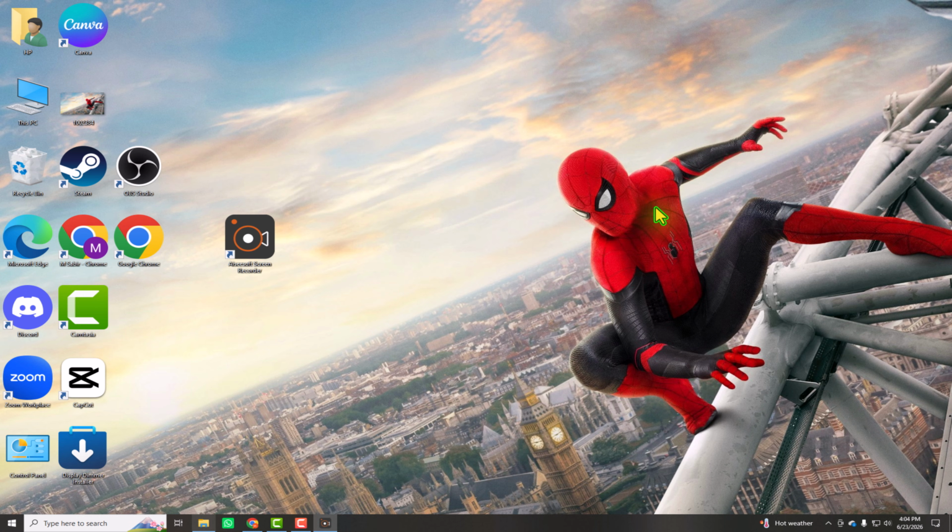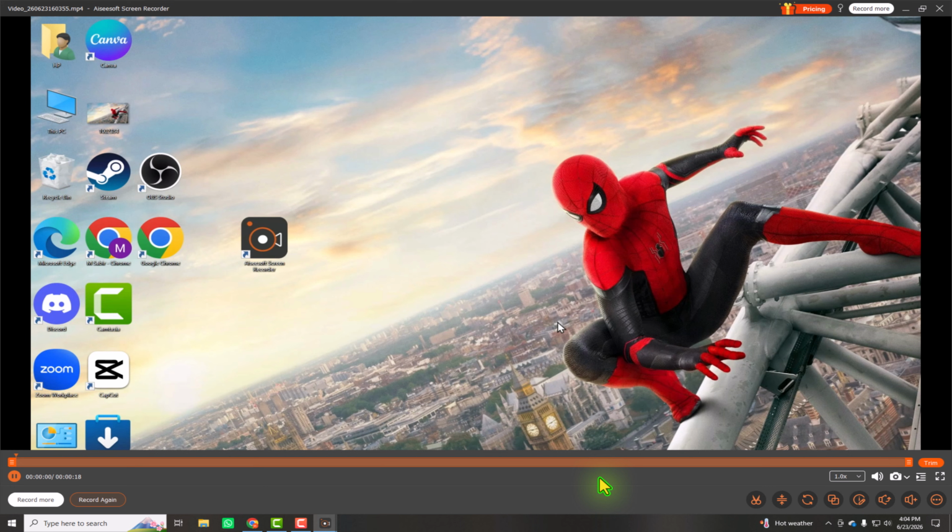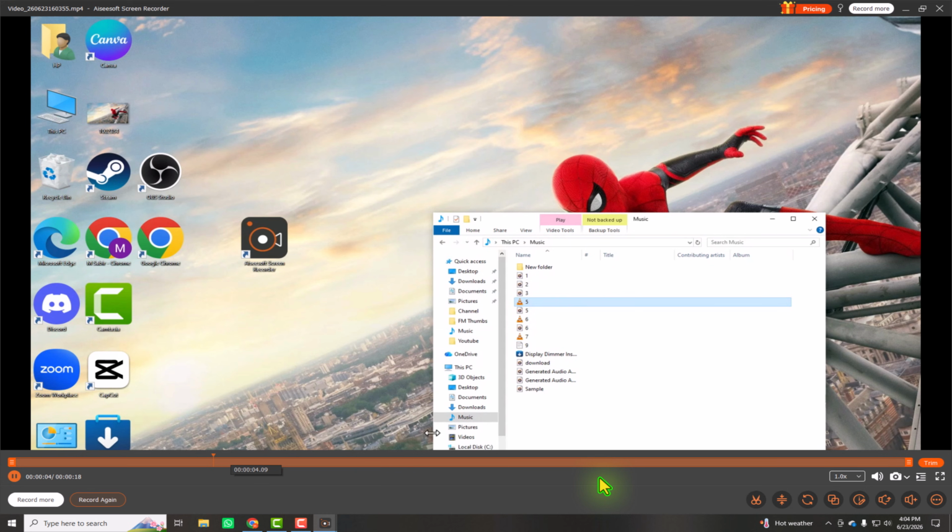The software will capture any sound playing on your computer. When you're finished, click the Stop button on the floating toolbar. Your recording will be saved automatically and ready for playback. And that's how you can record internal audio on Windows 10, using either the built-in voice recorder or a dedicated